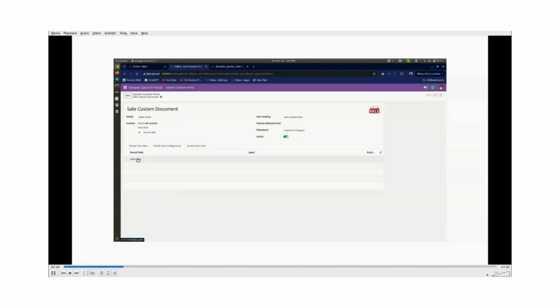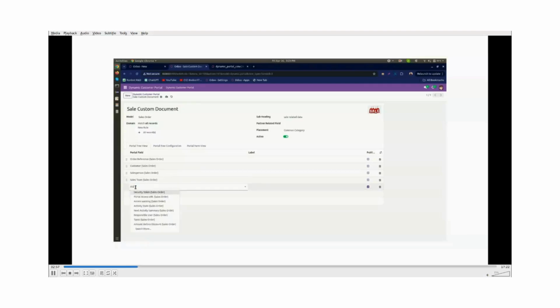Click on the portal review and select the fields, whatever fields you want to show on your portal. Order reference, customers, then salesperson, sales team, then status.